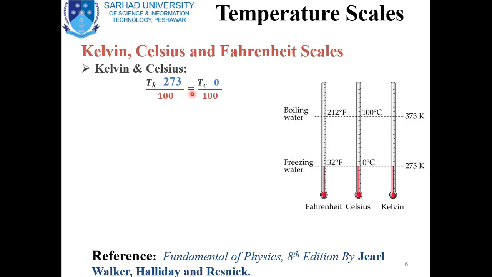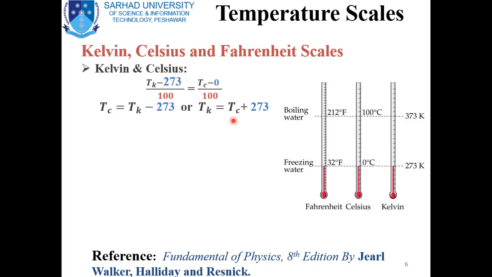Similarly, we take the temperature on the centigrade scale and subtract the number which represents the freezing point of water on the Celsius scale, which is 0, and divide it by the difference between the freezing point and boiling point of water on the Celsius scale, which is 100. And we can derive